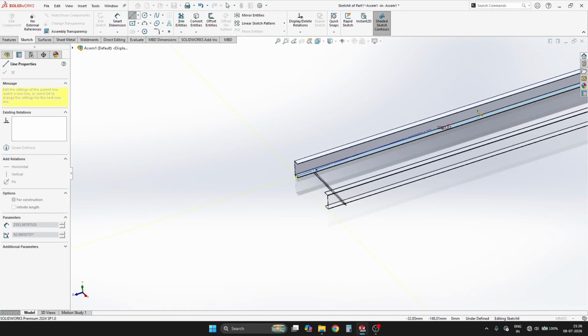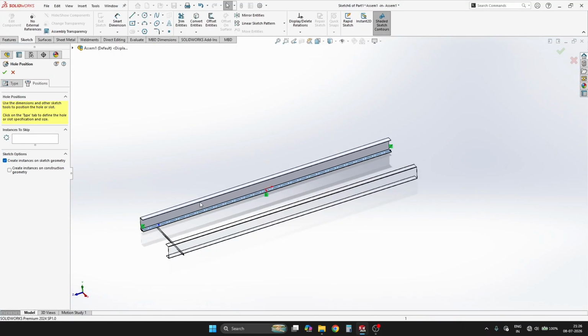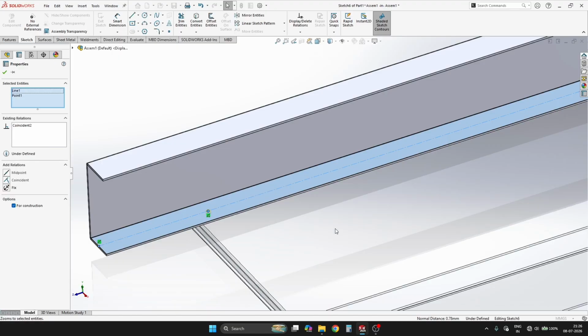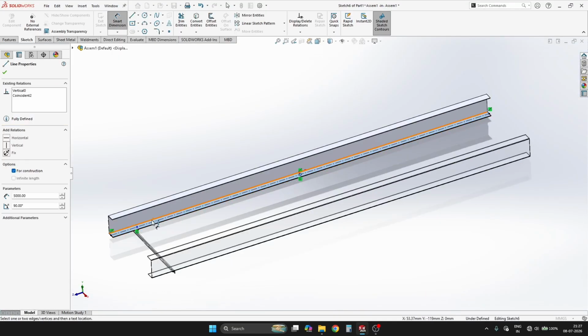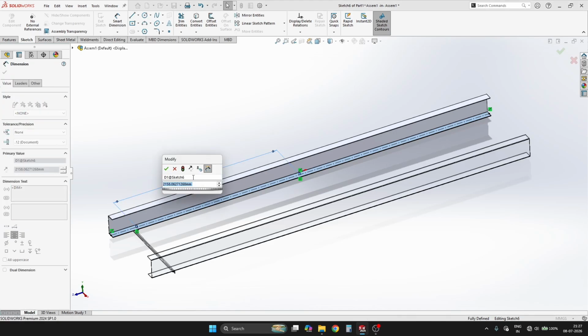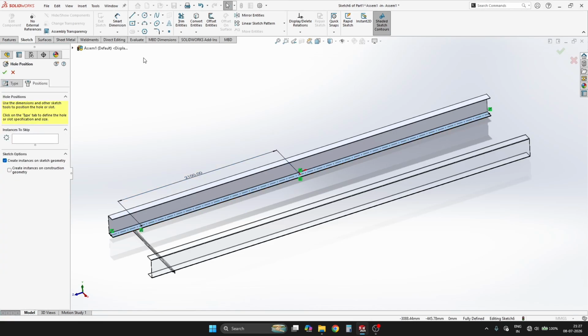Let's make one line from this mate. Now on this point, I'll make it coincident, and this is the midpoint. From midpoint to this, how much distance is it? 2100. Yeah, fine. I'll give L angles at every 1 meter. Or else what we can do is